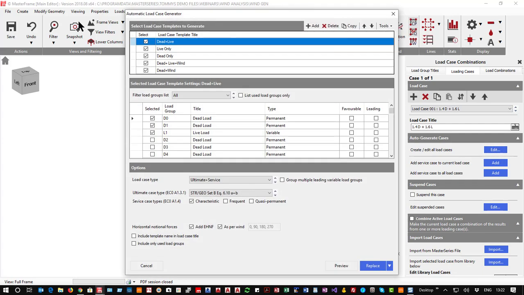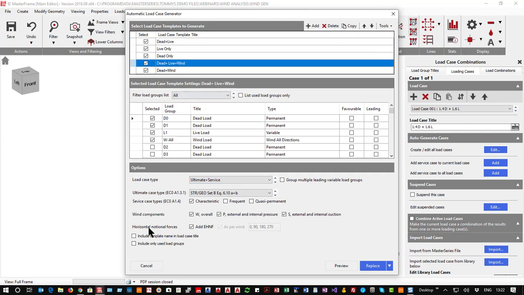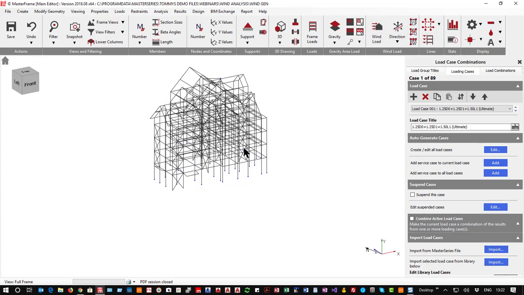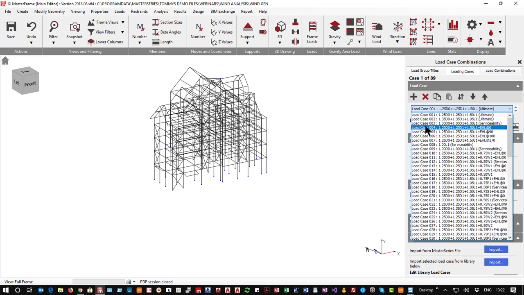I can very quickly take in all the standard sets of cases, and you'll see for the live, dead plus live plus wind, we're including in overall, external and internal, and we'll just replace all those. And now we have 89 loading cases. I'm just going to take off the wind here. So we have all these loading cases with the